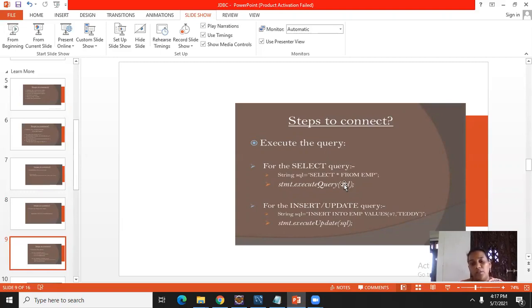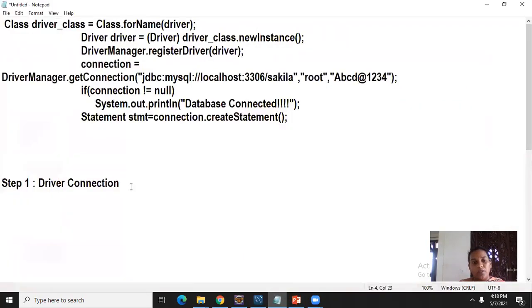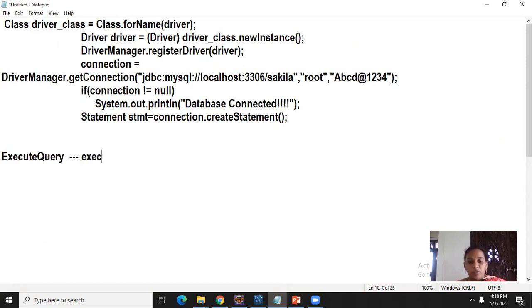One is executeQuery. Execute query will execute whatever query we wrote inside that one. That query it will return.